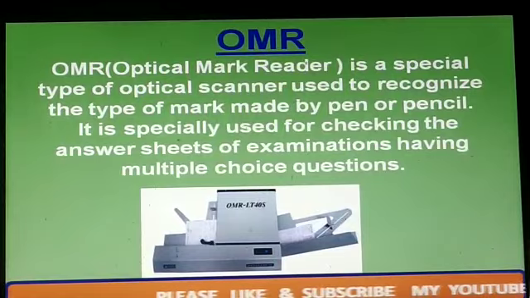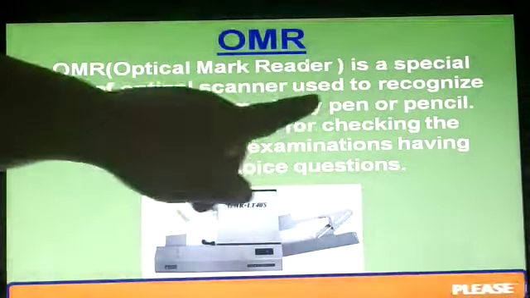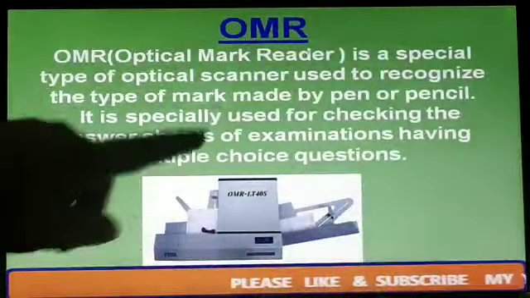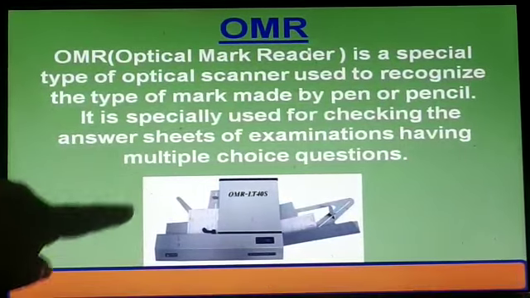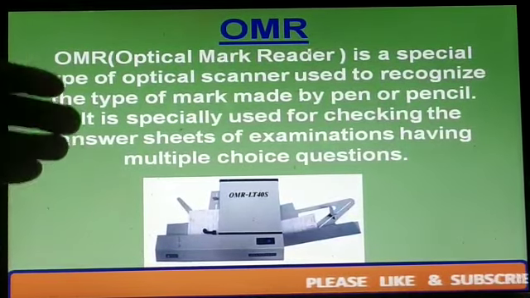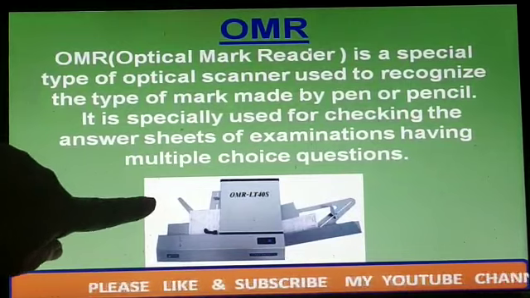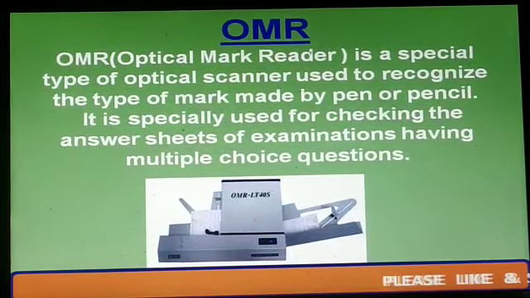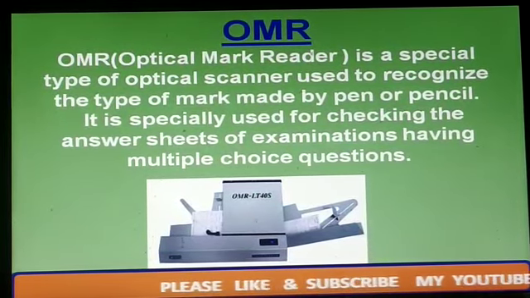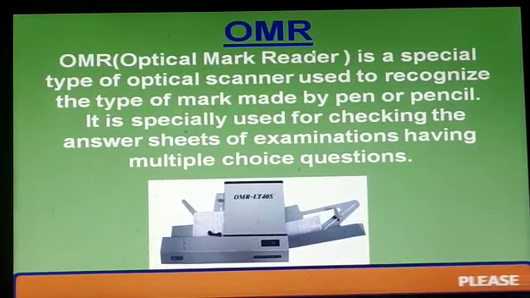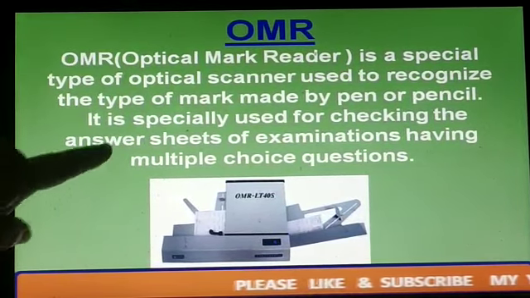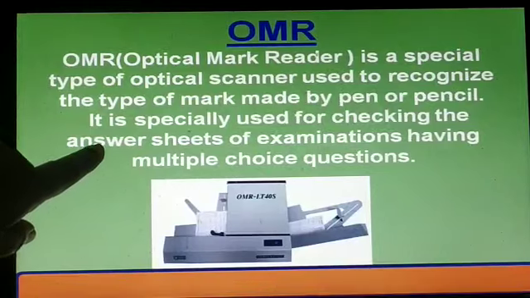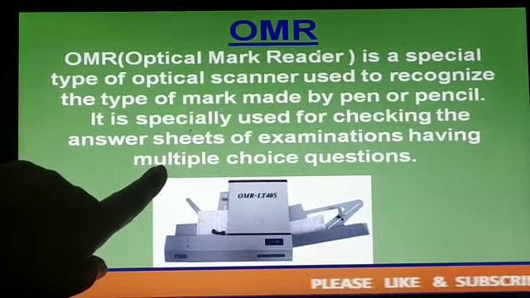We have to fill the circle of the right answer with pen or pencil, and this will be checked. If the answer is correct, suppose it is of 1 mark, it will give +1. If the answer is wrong, it will give 0 marks. So the purpose is that OMR is used to check the answer sheet in which we have multiple choice questions.